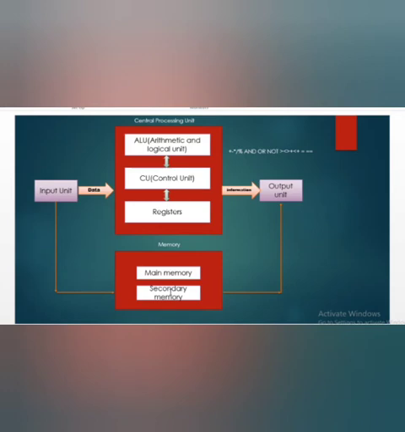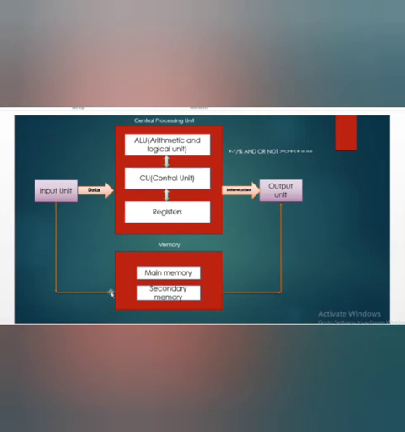Now we'll see what main memory and secondary memory are. The main memory is mainly used to store the data temporarily. This includes RAM, that is random access memory. Secondary memory is also known as additional memory, that is used to store the data permanently. This includes devices like floppy disk, CD, that is compact disk, and DVD, that is digital versatile disk. When you want to store the data permanently, then we have to use the secondary memory. When you want to store the data temporarily, then we have to use the main memory or primary memory.